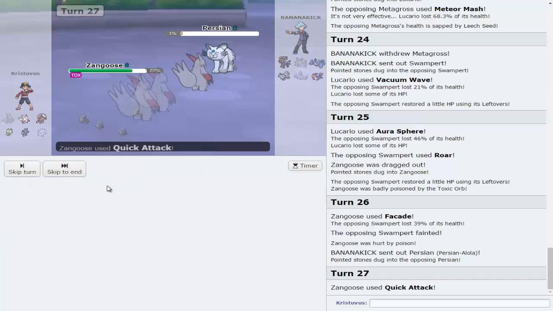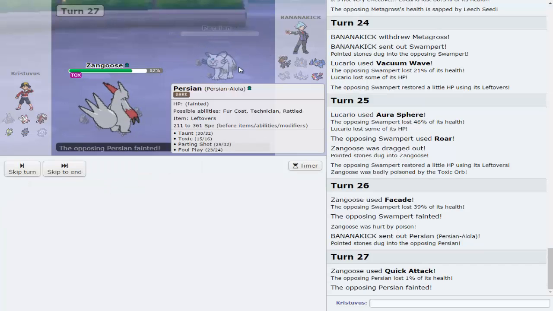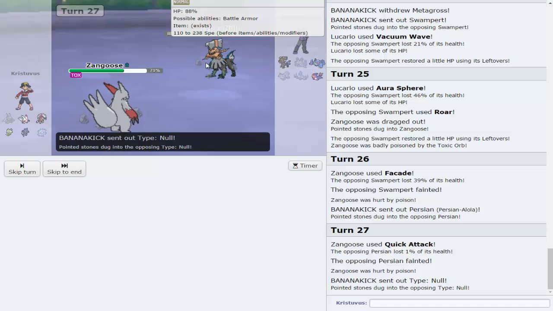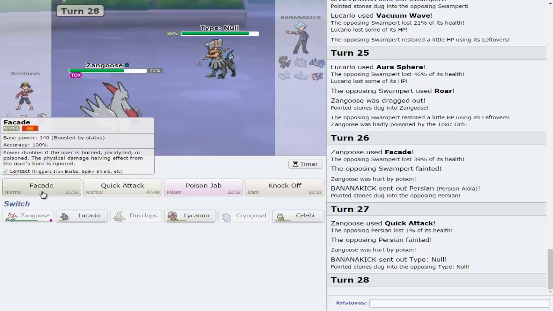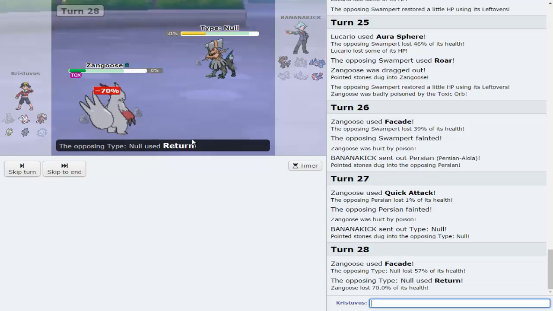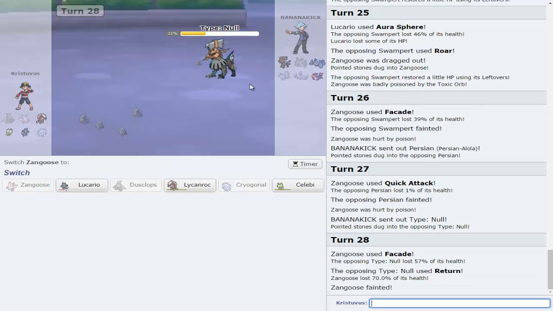You die to Quick Attack. You do not outspeed me. Yeah, you do not outspeed me, unless you're Scarf, which you're not. Okay, but you're defensive and you do kill me. Okay, so I mean, that sucks, but